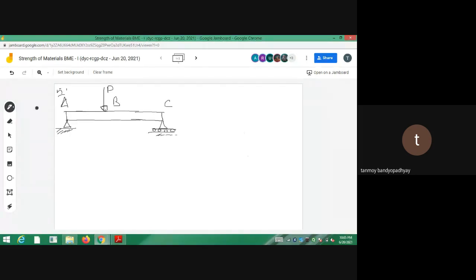So now this is a beam that is being loaded. This length is small a and this length is small b. Now you have to draw the SF and the BM diagrams for this entire thing. The entire length is given to be capital L. You have a beam carrying a centrally applied load of capital P. You have to find out what the SF and the BM diagrams are for the beam.